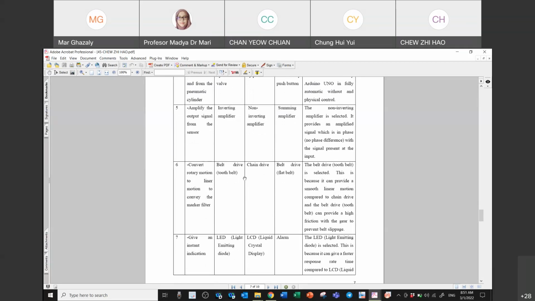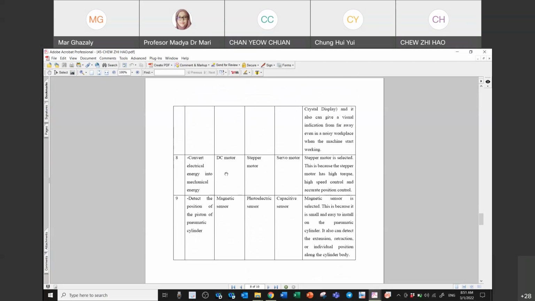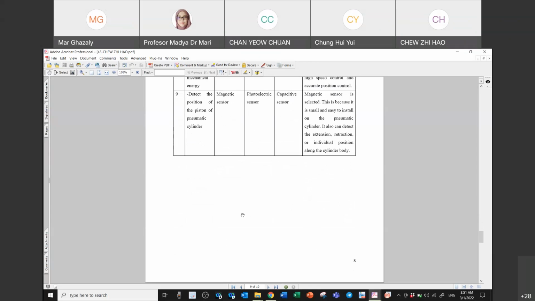Oh, okay. Belt drive, chain drive, belt drive, flat belt. Conveyor marker. Okay lah, boleh lah. So because belt drive, you have the tooth belt and flat belt again. So you choose tooth belt. Okay. Convert electrical energy into motion. So you use this one. Detect the motion, piston, magnetic sensor. Okay, this one is okay. Okay, so